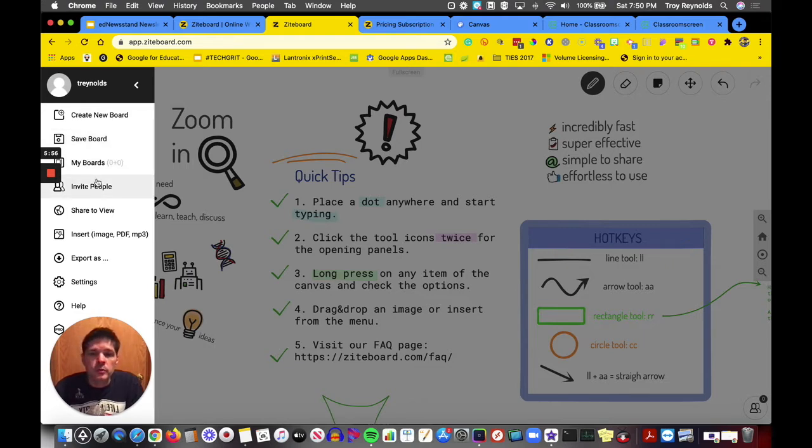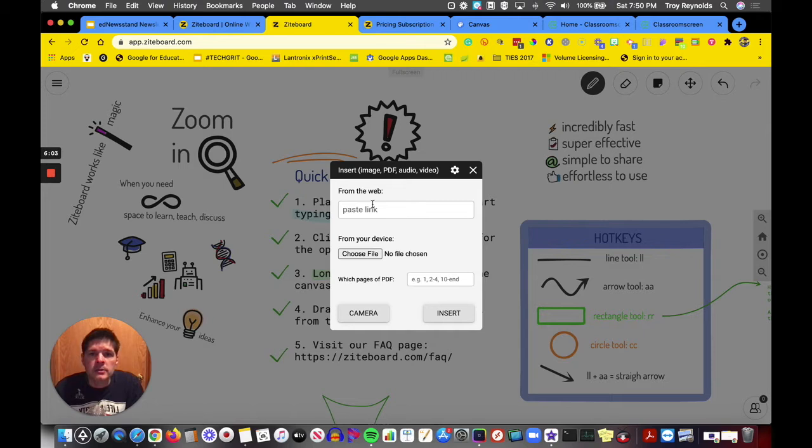I can invite people to this board. I can insert an image, PDF, or an MP3. Let's look at that. If I click on that, I can insert an image from the web. So I just paste the link, or I can choose a file on my computer. And then if I choose the file, I can actually choose which pages, and I can also insert an image